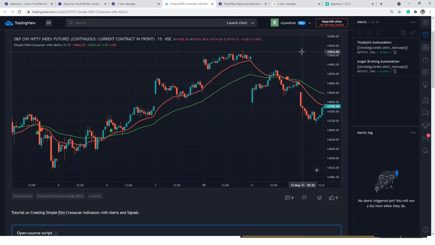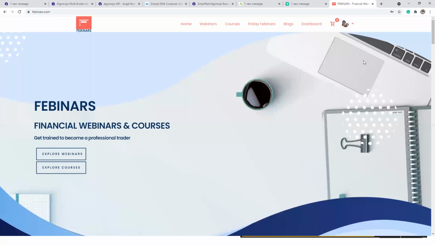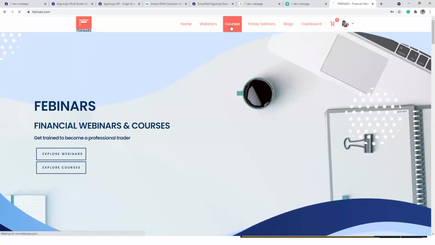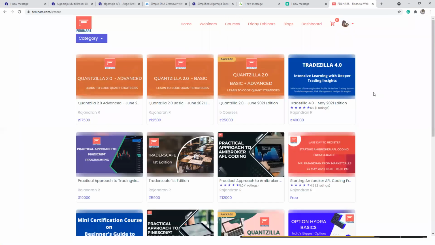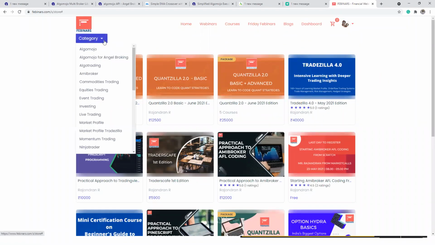If in case you are curious to learn Pine script, there is another way to do that. One can go to febinars.com. There, under Febinars, if you go to the courses, there are Pine script courses available here. Here you can go and check out TradingView related courses, Pine script.